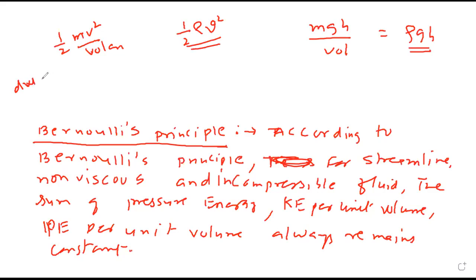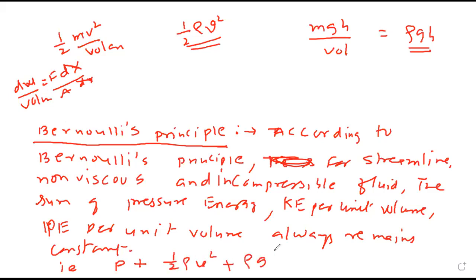Now work done is force into displacement. If I divide this by volume, I get area into displacement. So force upon area is called pressure. So we can say that pressure, which is pressure energy, plus half rho v square, that is kinetic energy per unit volume, plus rho gh is always constant